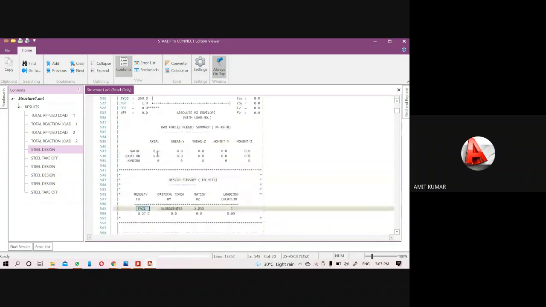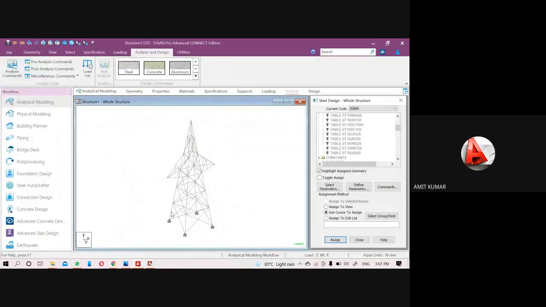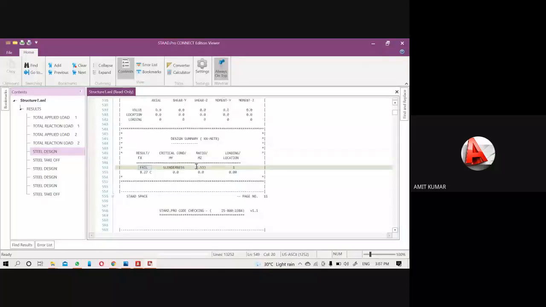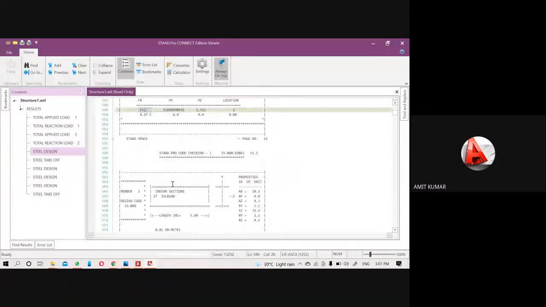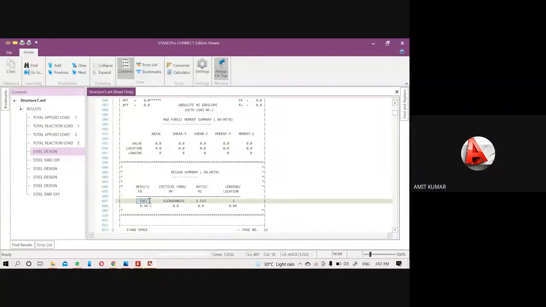Okay, that means for member number one, what is member number one? This is your member number one, that is beam number one. So here we can't add the ISLB 100. I already explained this. Here it should be ISWB or ISHB or anything. Okay, so let's see. Next was your member number two, and this member number two is also failing.